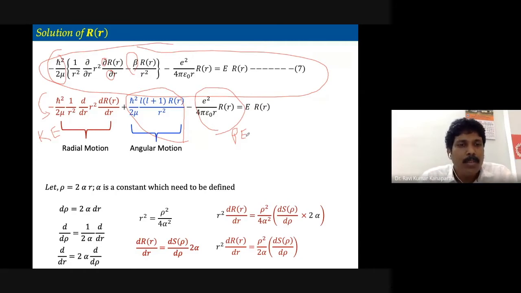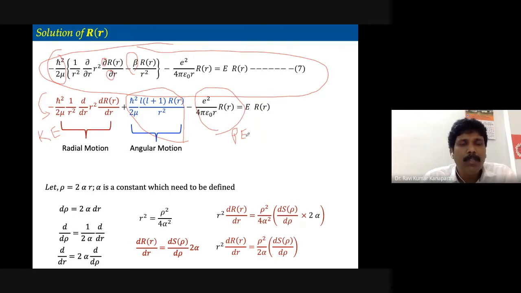Now the question is, the angular motion or the angular component, we tried to segregate when we were separating the 3 differential equations of the original hydrogen atom Schrodinger wave equation. You may recall in the previous class, originally we have the time-independent Schrodinger wave equation, which we tried to solve after converting it into the polar coordinate system, the Hamiltonian. And there we obtained 3 different equations. Two of the equations represent the angular motion, and the third one is the radial one.